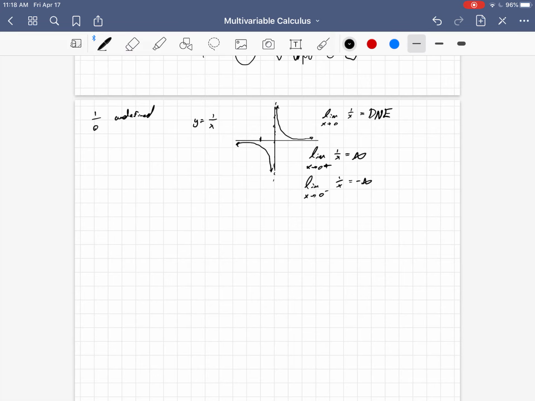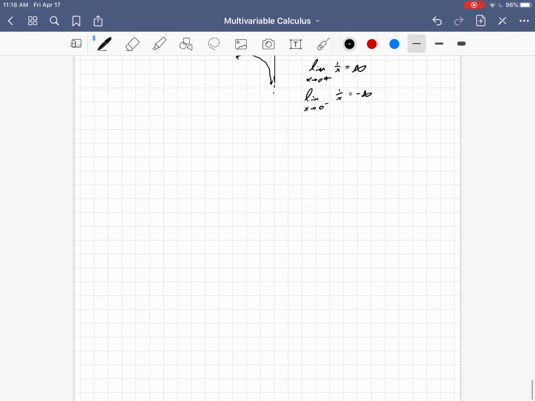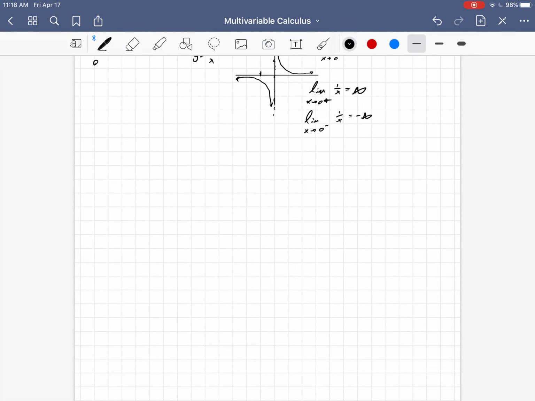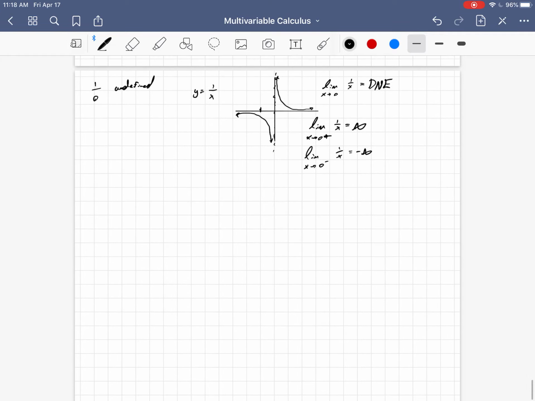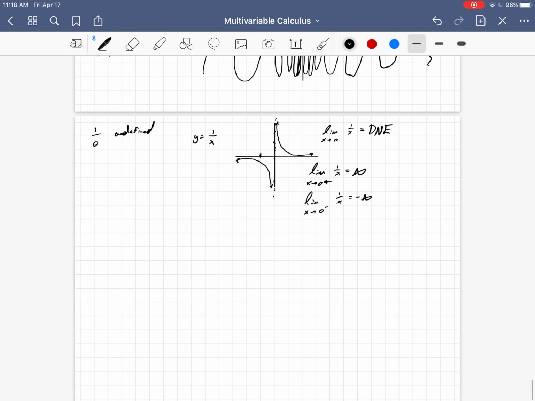Now, if we were to take the limit as x approaches 0 from the left of 1 over x, we get negative infinity. And so this is why 1 over 0, from a calculus standpoint, is not defined, because its limits are not defined and it's not continuous. The function 1 over x would model 1 over 0 as x approaches 0. Okay, now sometimes you can